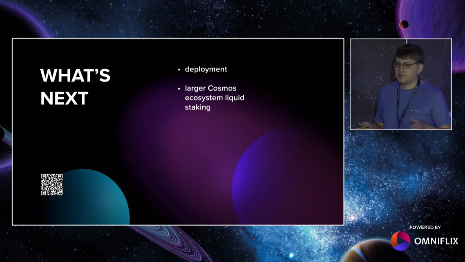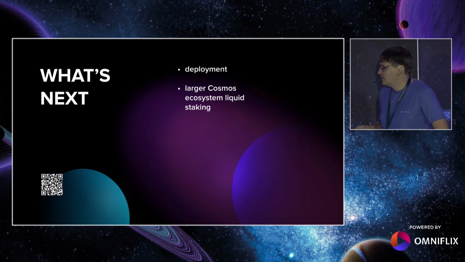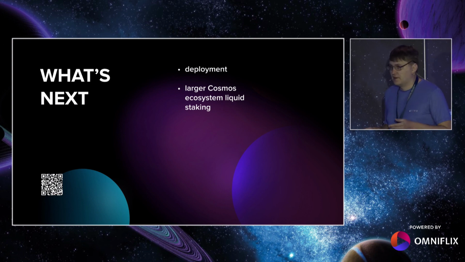And it's hard in Cosmos because there are so many blockchains in it with sometimes conflicting interests, and liquid staking should be beneficial to the protocol and credibly neutral. So it won't be an easy upgrade and an easy research and development. But I hope we'll get a liquid staking model on Cosmos that can be on the Cosmos SDK, which is being worked on right now, and it looks like it can be a good building block for making liquid staking. So that's what we hope to do next.